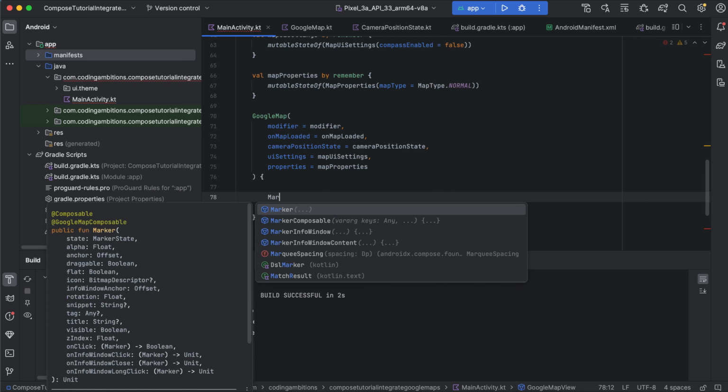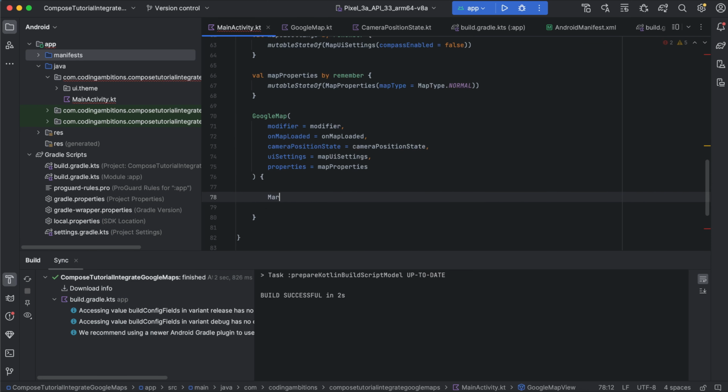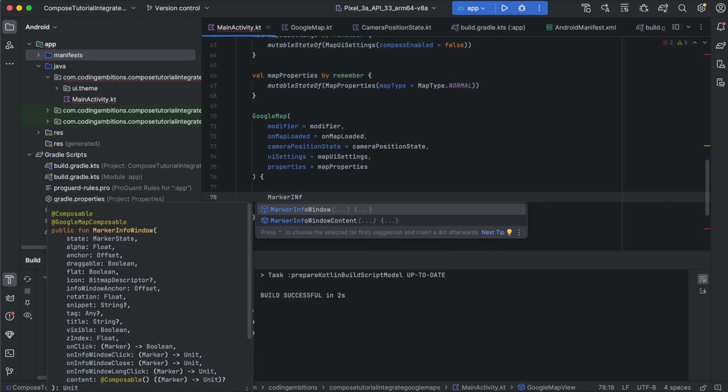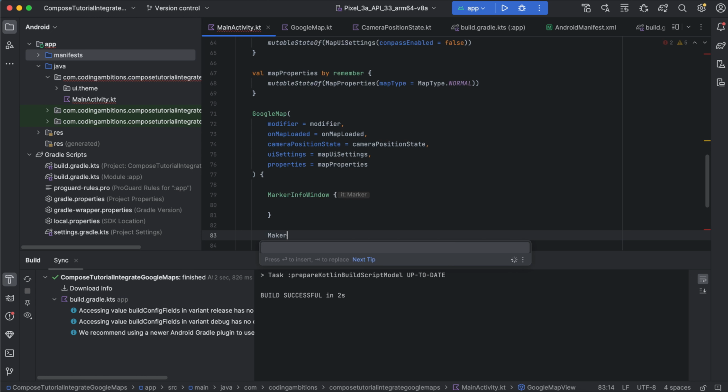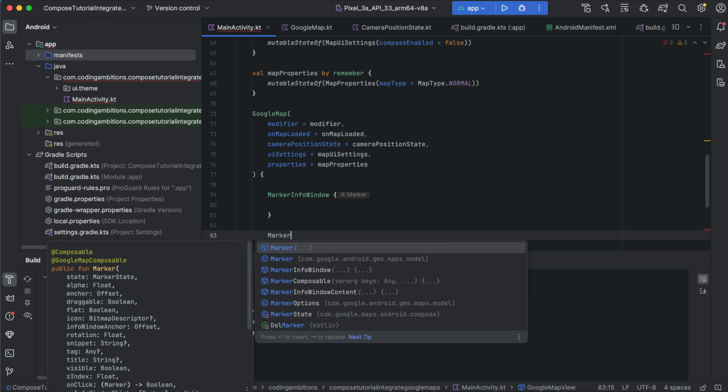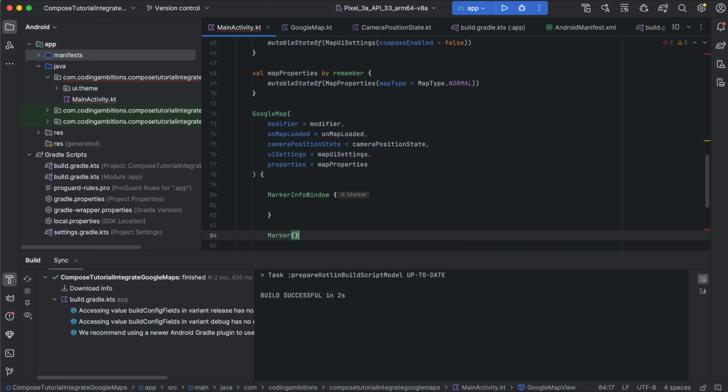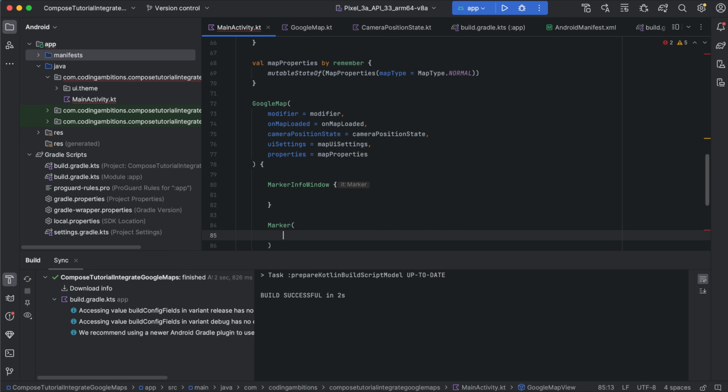And now let's say marker info window, there are many types of marker, actually I will show you few of them. The single one is like only marker, but first let's